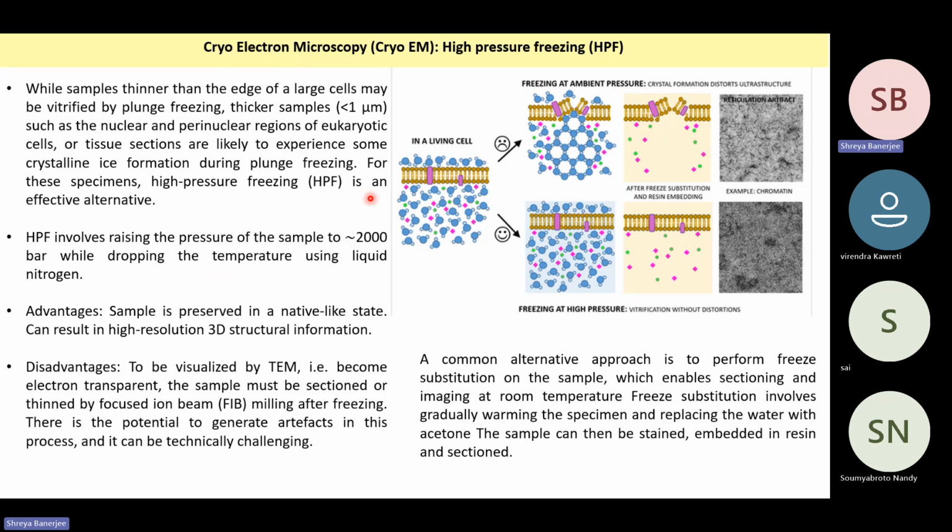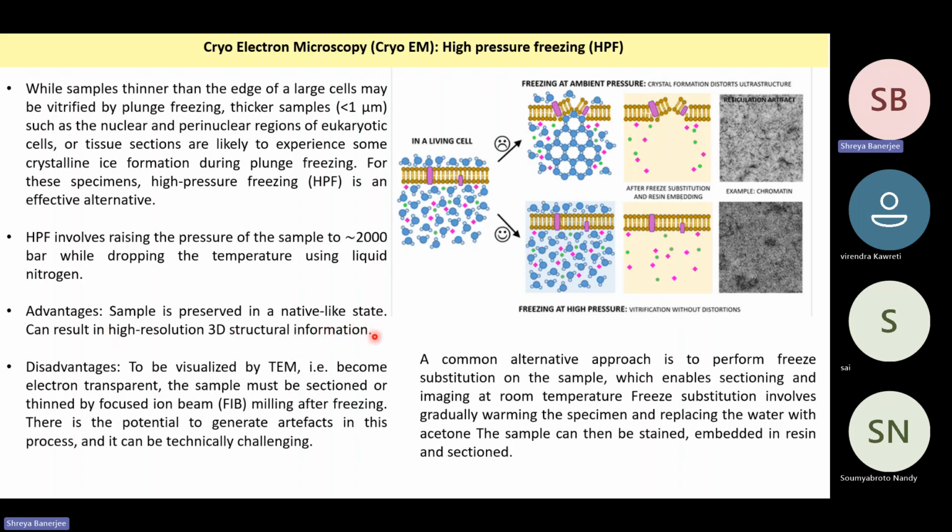So you do the freezing to minus 196 degrees, but additionally you add high pressure of around 2000 bars. So that will maintain the structure of the cell. It will not allow the ice to form the hexagonal crystals, and the structure of the cell will be maintained. So the advantage is that the sample is preserved in a native-like state and you can get high resolution 3D